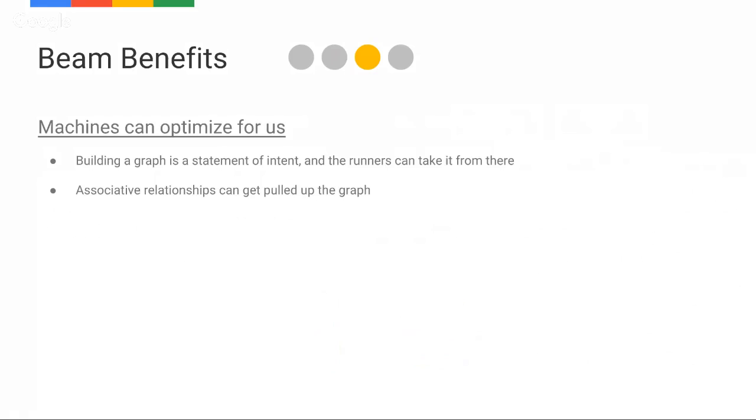Benefit number 3, the machines can do a lot of the optimizing for us. Because you are building a graph, it is essentially a statement of intent of how you want your data to flow. And in that regard, the machines can take what you've written and re-optimize that for how the machines actually process what's going on. The best example of this is with associative relationships. So if you, at the end of the day, want to do a count or a sum or something that